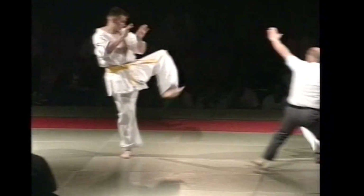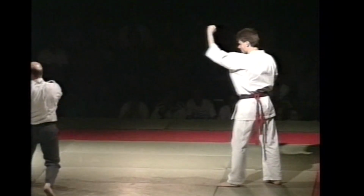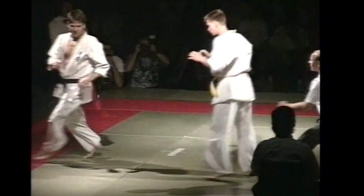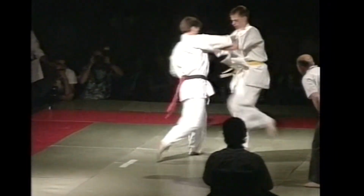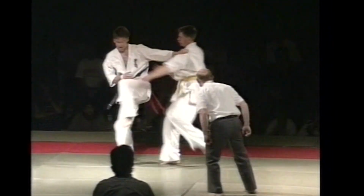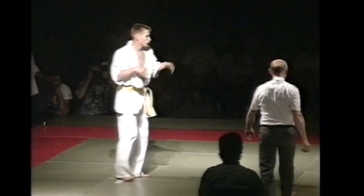Throwing some good low kicks there, but not with very much power in actual fact. In order to be effective with a kick to the leg, you really have got to turn in and put some power into it. The guy in the dark belt turning his back on his opponent there is a very, very dangerous thing to do,